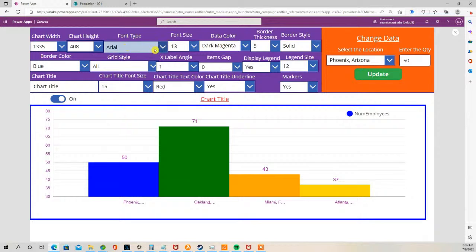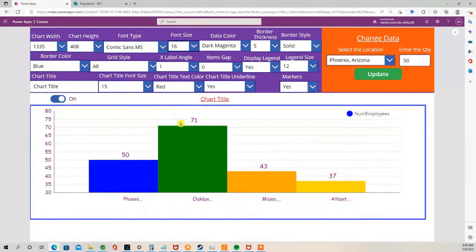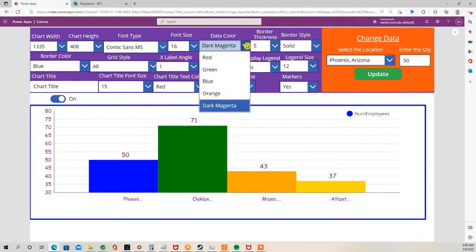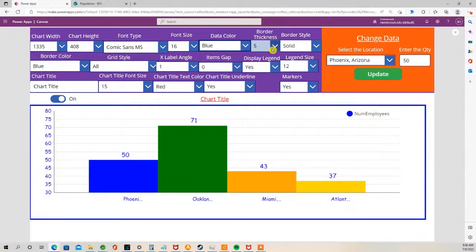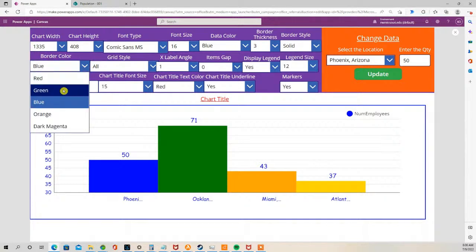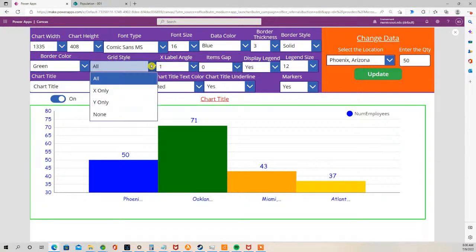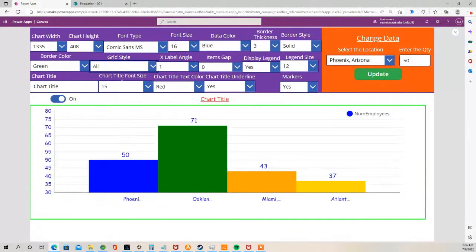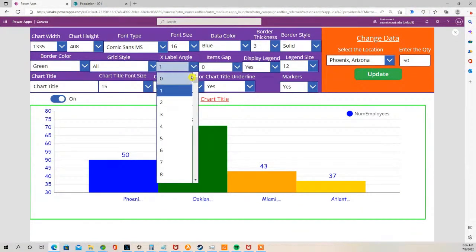I can change the font type, font size, the data color, the border thickness, the border style, the border color, the grid style, the label angle, just here,